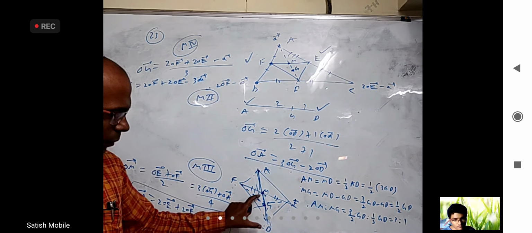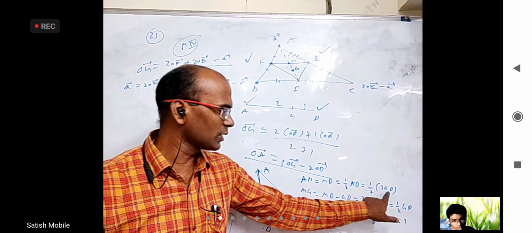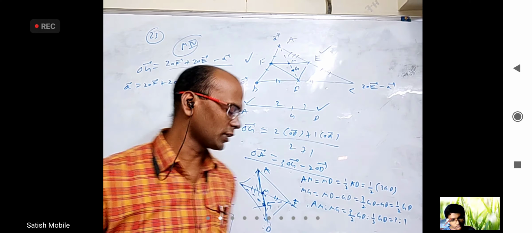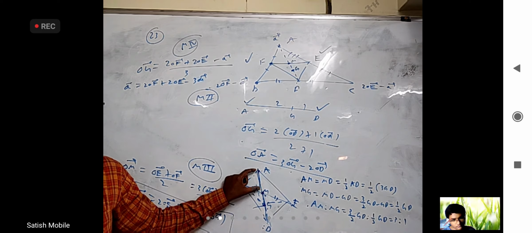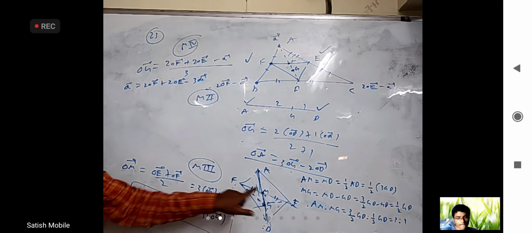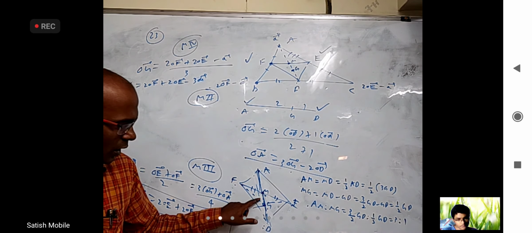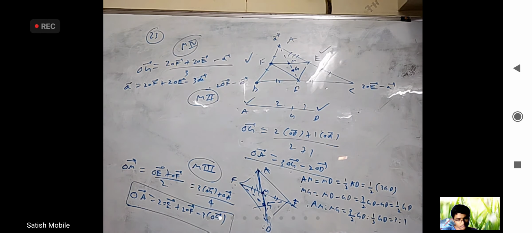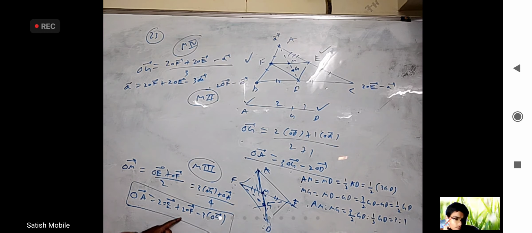Coming to MG length, I can write MD minus GD. But MD is already 3 GD by 2, I substituted, I got half GD. So this length is half of GD and this length is 3 by 2 times GD. So this is 3:1, AM to MG. Now this M is the midpoint of F and E. This M divides AG in what ratio? 3:1. So 3 times OG bar plus 1 time OA bar by 3 plus 1. If I equate these two and bring this 4 here and this 3 OG this side, whatever I got, same thing, 2 times OE plus 2 times OF minus 3 OG.